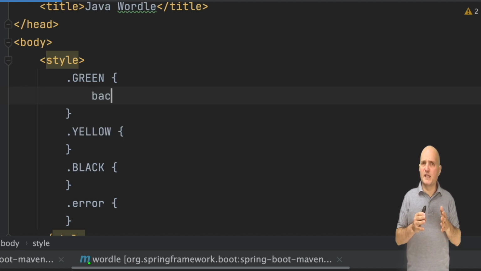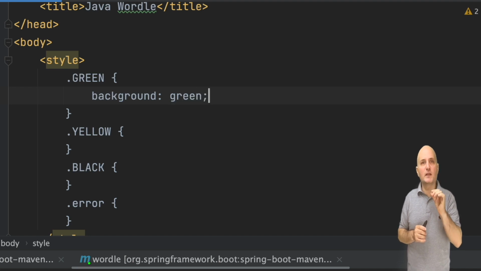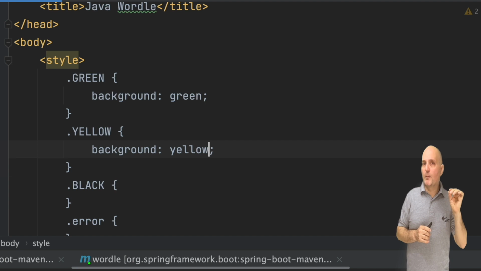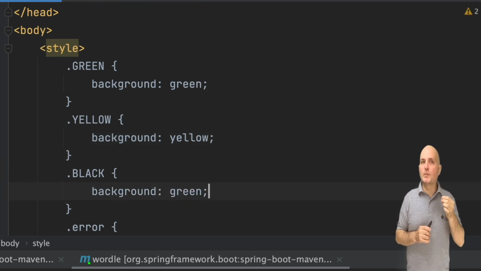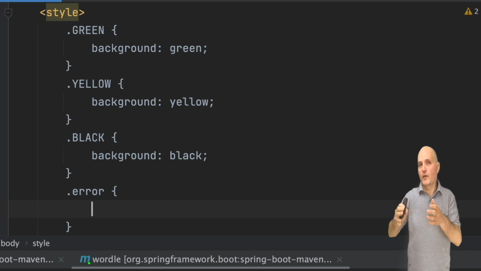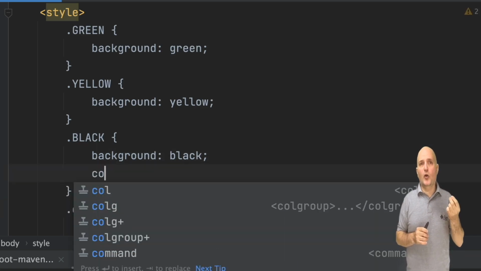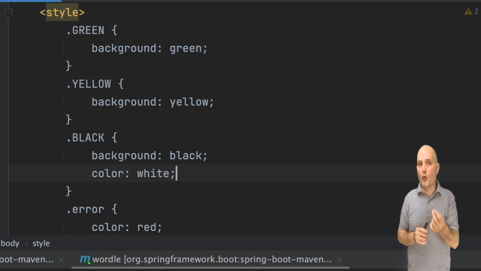We start by setting the colors for each one of the entries to its respective background color. Then the foreground color where applicable. An error is simply a red text, so color red is enough for that entry. Since black won't look good on green or on black, we make the foreground for both of these white.